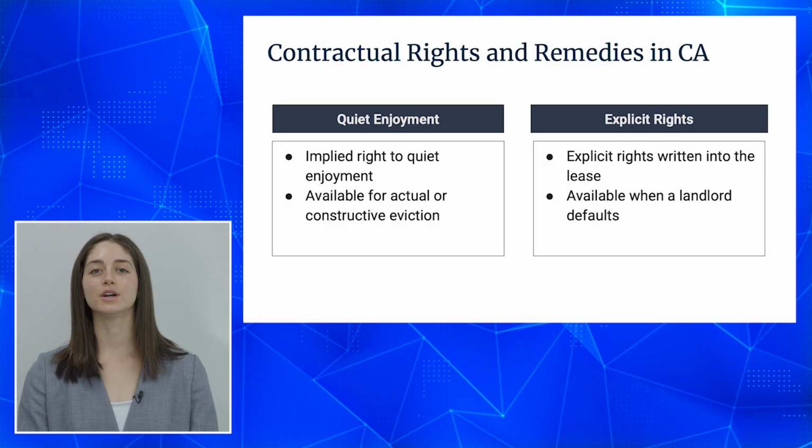The other rights available to you are those that are explicitly written down into the lease. And oftentimes they take the form of landlord obligations, and if the landlord fails to perform those obligations, or in other words, defaults on those obligations, then you might have remedy available to you. A few key landlord defaults are failing to maintain the premises, failing to abide by the covenant of quiet enjoyment, and failing to deliver the premises at the specified time. If any of those happen to you, you might have recourse available. And again, it's extremely important to consult an attorney about the specific facts of your situation because the laws can be tricky at times. So it's important to understand where you stand.